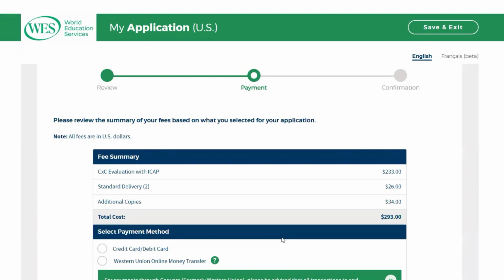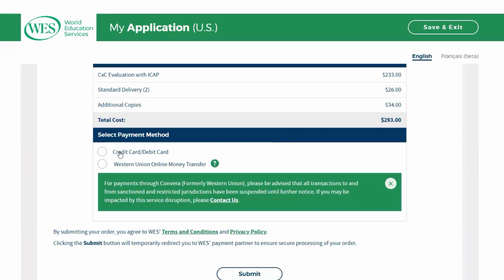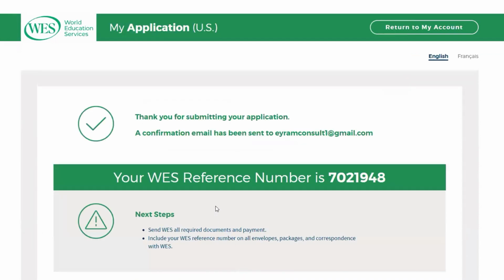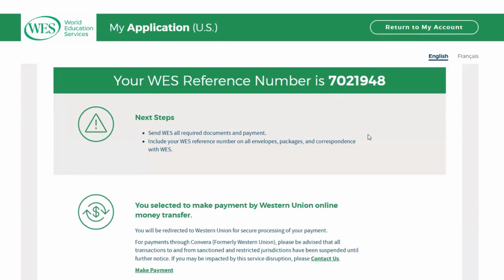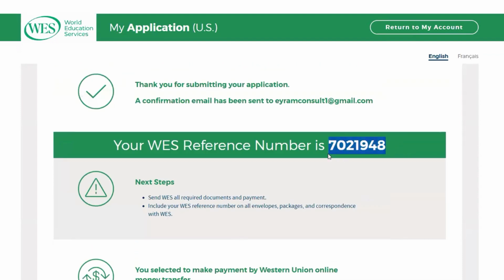So maybe you want to send the money over to somebody here, or you want someone here to pay for you, or you need your West ID first. It's simple. Don't choose debit card or credit card. Just go to Western Union, submit, and then they are going to generate your West ID for you. So this is your reference ID, 7021948. So you take this number,